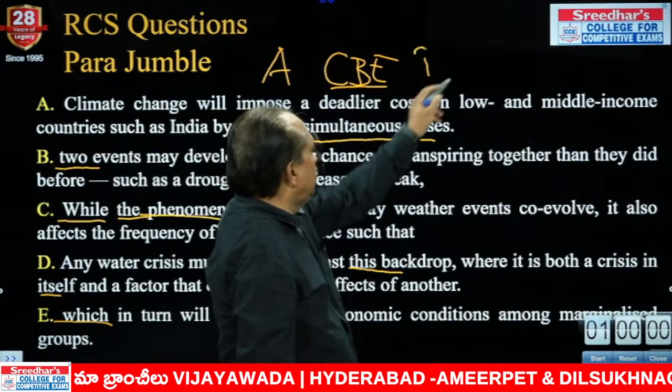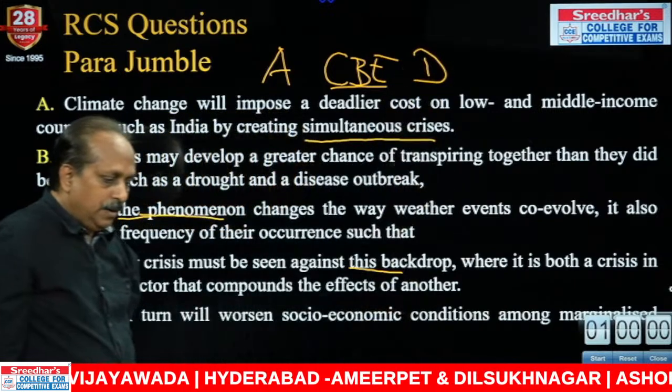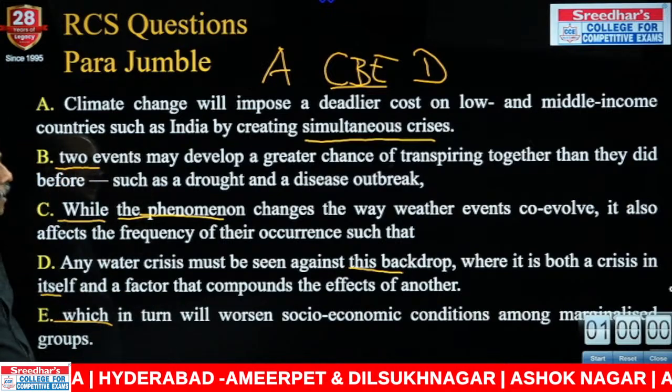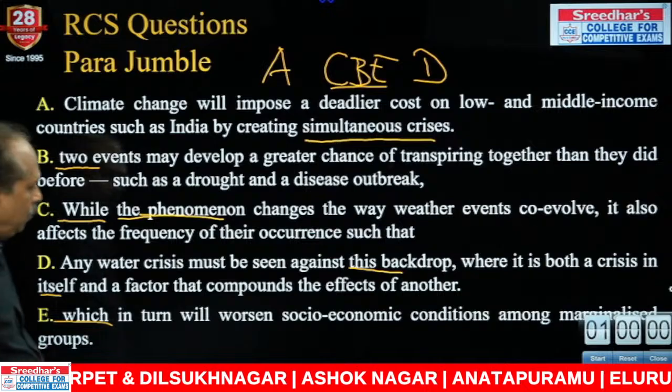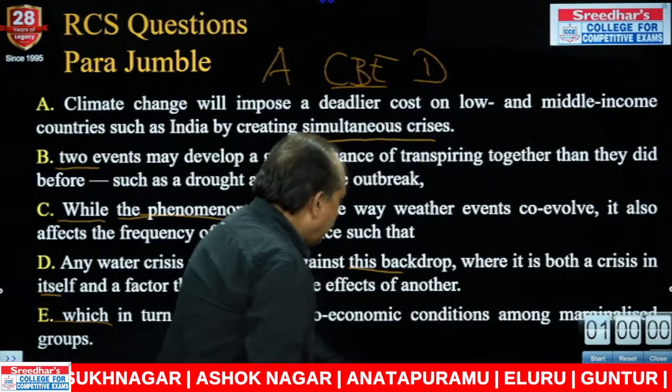What is the last one here? D is the last one. A, independent first sentence, C, B, E, one group, and D, the concluding one, you can say. Let us go to